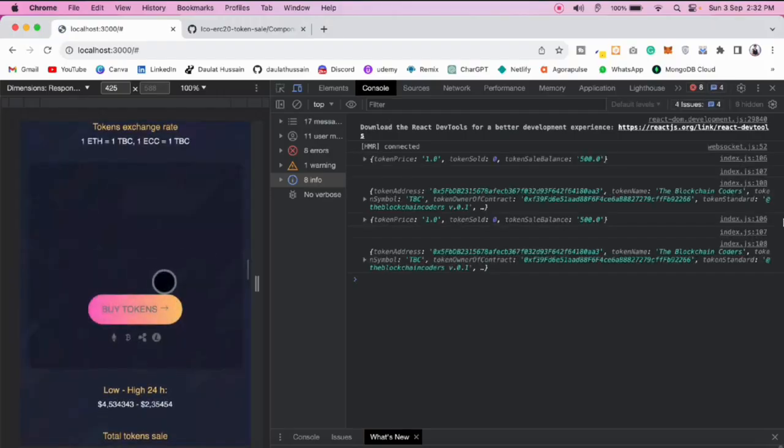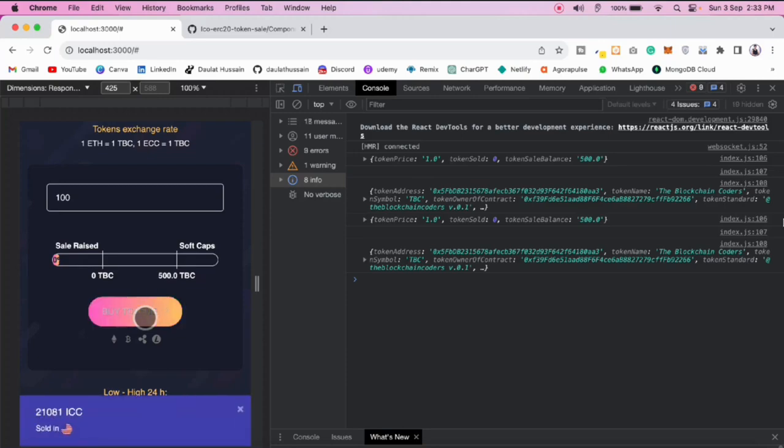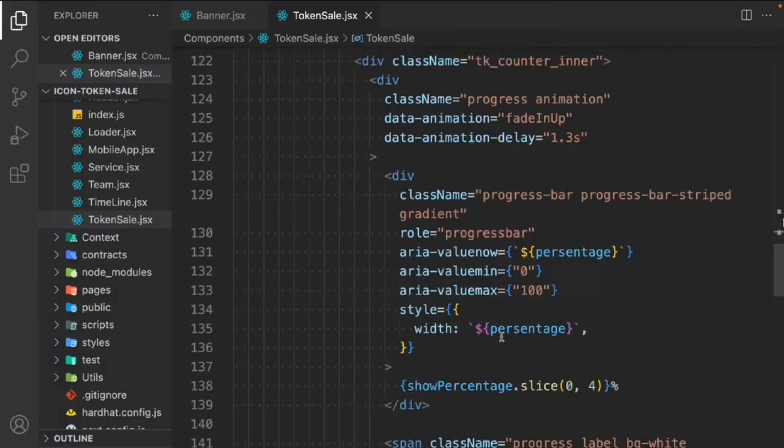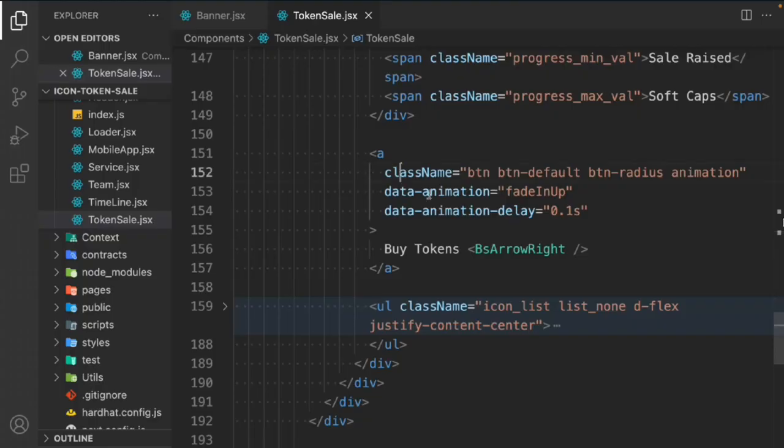and it's taking a little bit of time. Now you can simply transfer the fund. Type, let's say, 100. Click on buy token. Okay, nothing happened. I think I forgot to add the functionality, so come back here to the button and let's have a look. This is the button we have. Okay, we haven't attached the function,